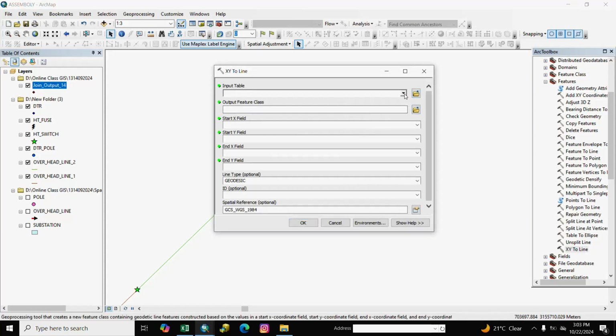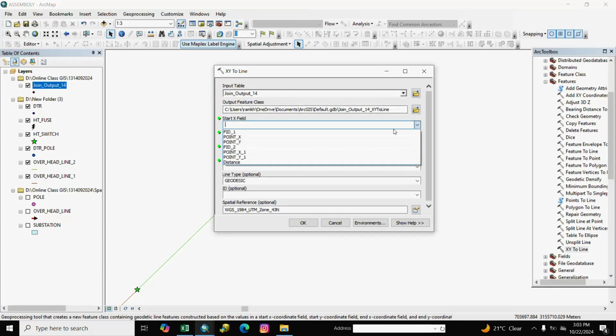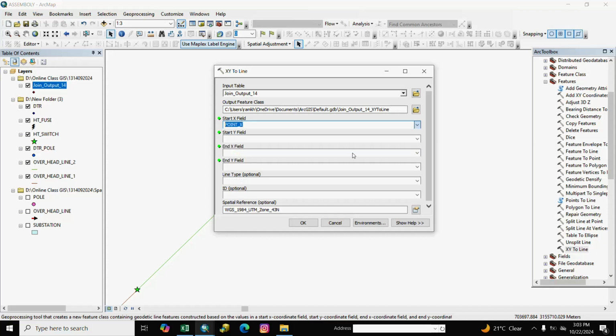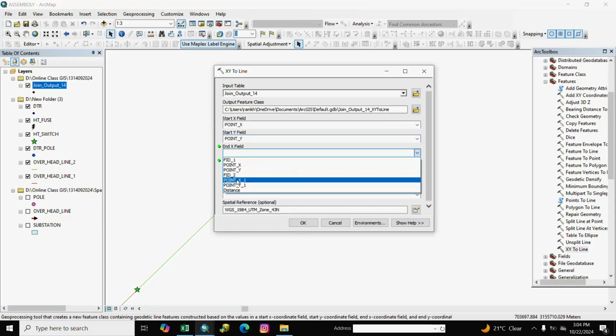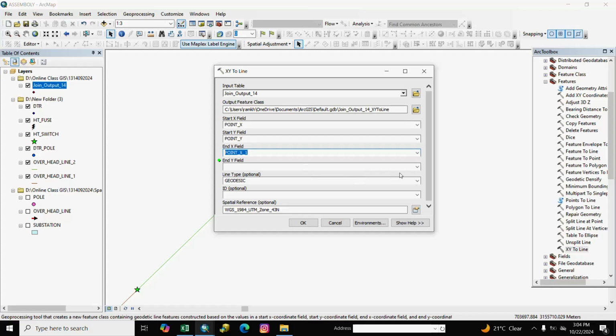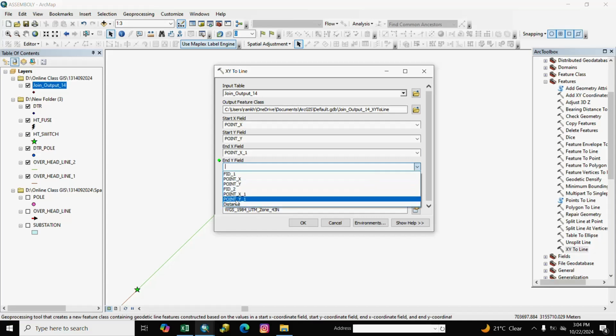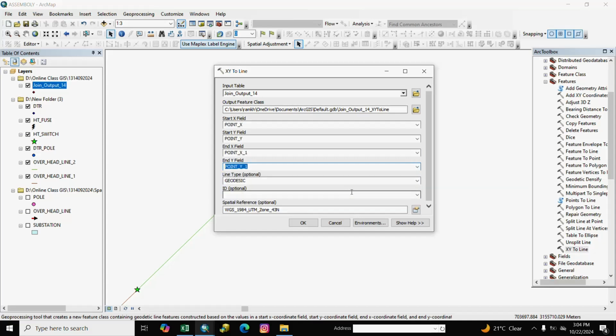And we go to XY2 line, we select here join output and we select here point X means HTFuse and Y means HTFuse Y, and we select here point X underscore 1 means DTRX, and we select here point Y underscore 1 means DTRY point and OK.